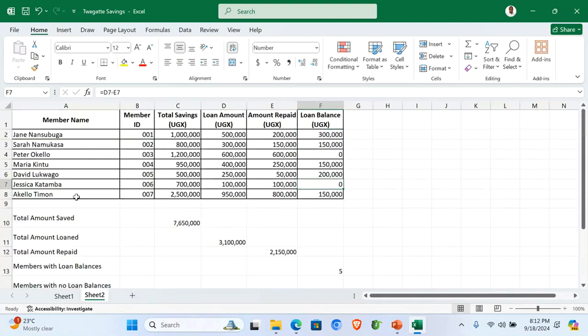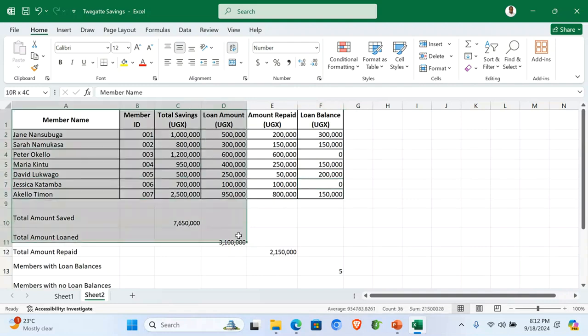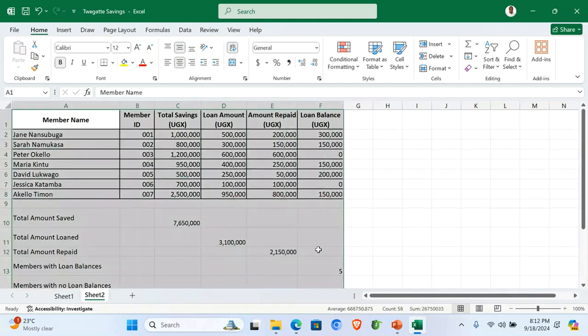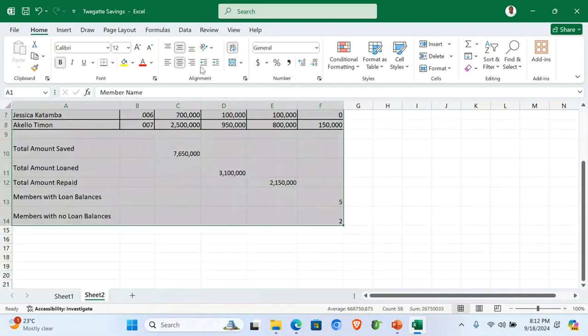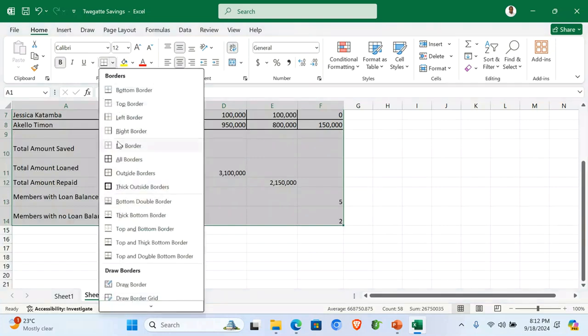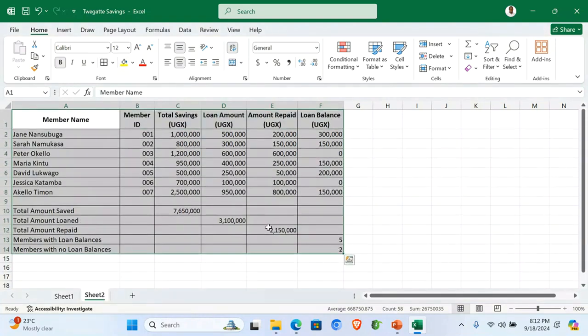Then we can highlight our work, we put grids. So let's highlight our work, we put some grid lines. So we can put all borders, something like that. Then more to that, on our work, having put grids,